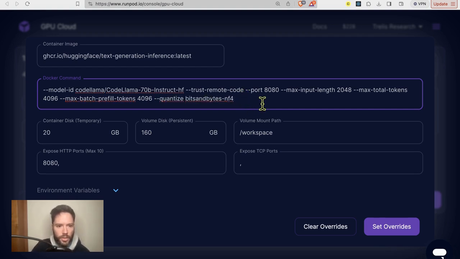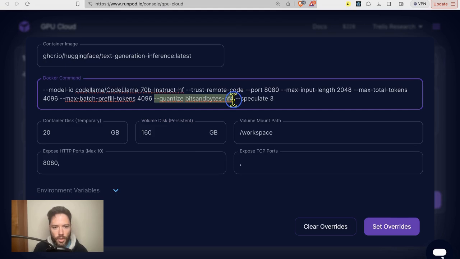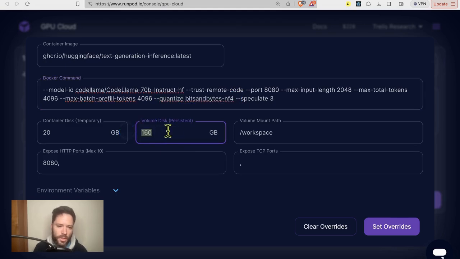Now, just an extra trick, if you want to improve the speed a little bit, you can type in speculate 3. This will use little sequences from the prompt to guess tokens ahead, and this can speed up generation. Now, keep in mind, even though we're going to be quantizing, the quantization is done after the weights are downloaded, so you still need to have about 150 or 160 gigabytes of hard disk, sorry, not VRAM,